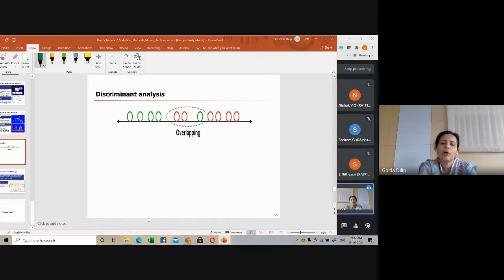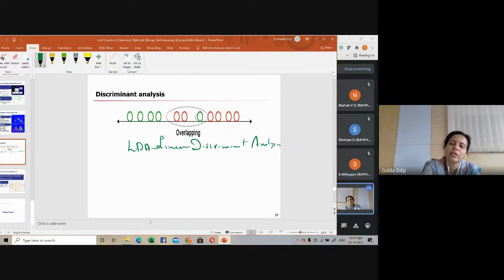When you use only a single feature to classify them, it may result in some overlapping. You can see here there's some overlapping, a green coming here. So one way to do it is to keep increasing the number of features for proper classification. That's when we have this technique called LDA, linear discriminant analysis. This is yet another statistical technique. I'm not going into the technical details of this. I'm just trying to tell you what this technique is all about and where it is being used from a data mining perspective.